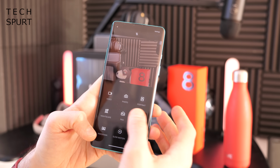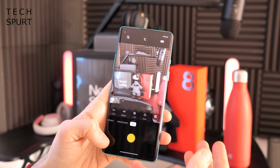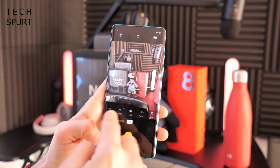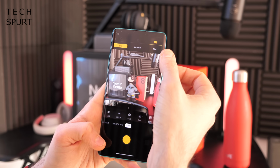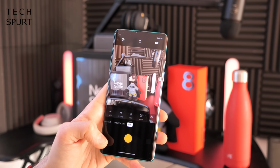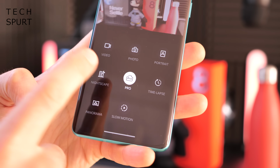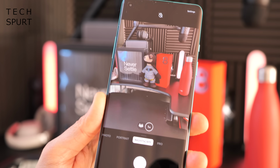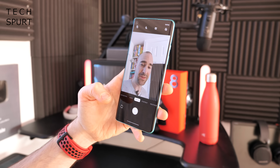And if you dive into the bonus camera modes here, you've got a full pro mode, which as you can see there gives you a nice little spirit level, so you get a nice straight shot. You can play around with the white balance, the ISO levels. You can shoot either JPEG or a nice bit of RAW, or JPEG 48 megapixels as well if you want, again, that high res action. And you've also got OnePlus's Nightscape mode as well if you want to shoot a low light shot with nice balanced effects. And then if we swap around to that front facing 16 megapixel camera, as you can see there,